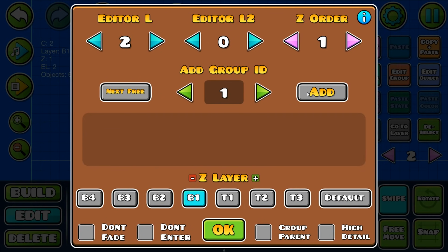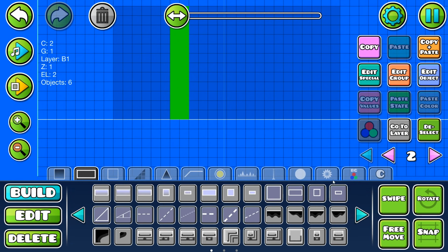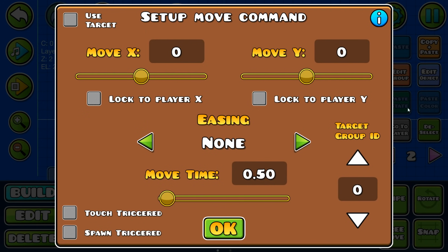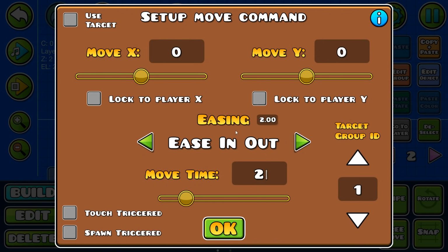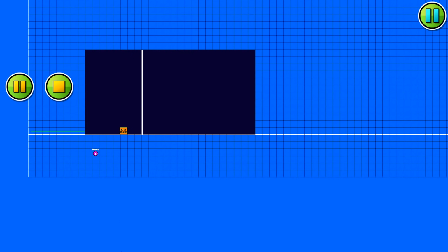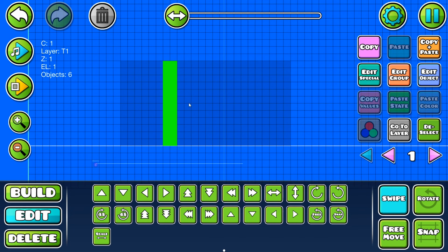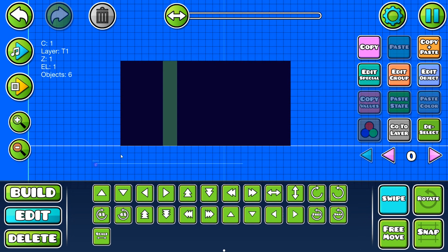I'm going to set this to a brand new group 1. This strip is set to white, so when I put a moving trigger down here, group 1, it's going to be moving for about 2 seconds, it's going to be on ease in out, and it's just going to move to the side 20. You'll see this strip emerge from behind the layer that it's hidden beneath. So the thing that makes this work is that you can't tell the difference between this overlaying strip and the